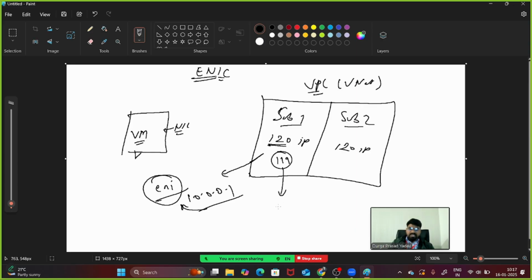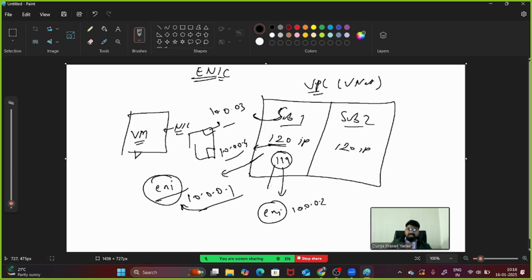If you are creating another machine, another ENI, you can keep 10.0.0.2. Or if you are creating a machine where you want to use two different ENIs, one ENI can use 10.0.0.3 and the other 10.0.0.4. Like that, from your network only these IP addresses will go, so the remaining will be fewer.